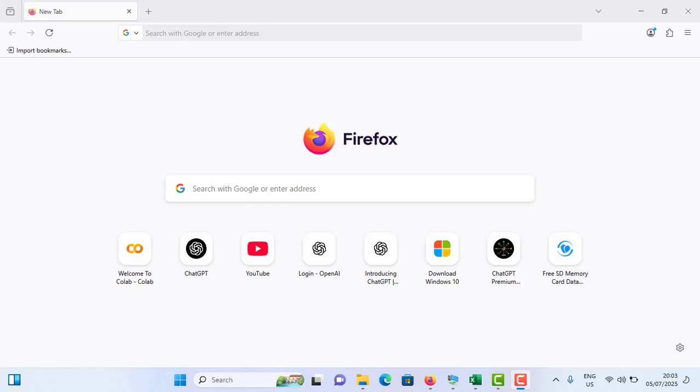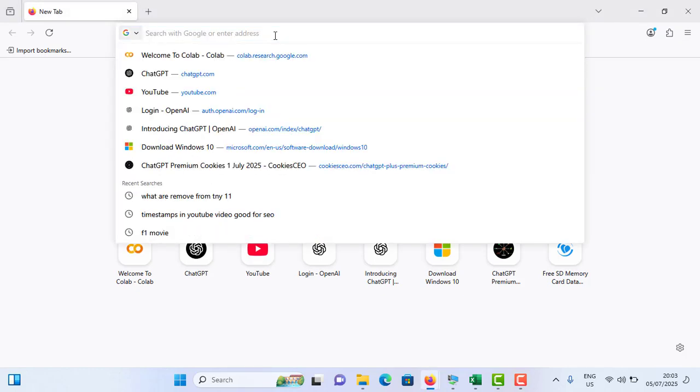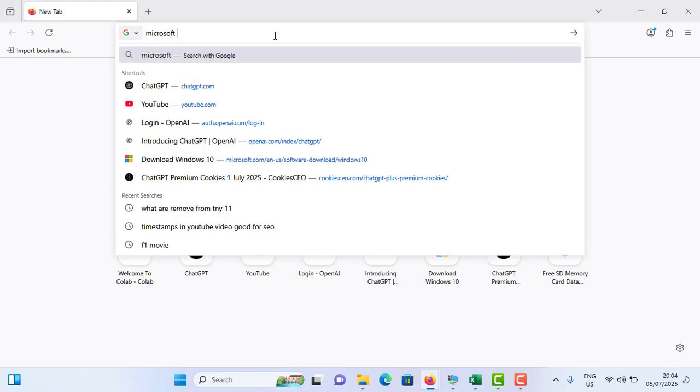Okay guys, in this video I am going to show you how to download MS Teams on MacBook Pro. So as an initial step, you need to open your browser. You can use any browser for this. Then after, you need to go to the address bar and type Microsoft Teams download